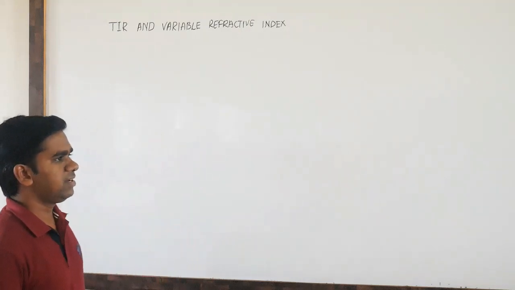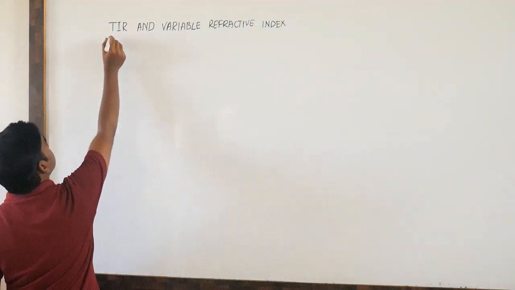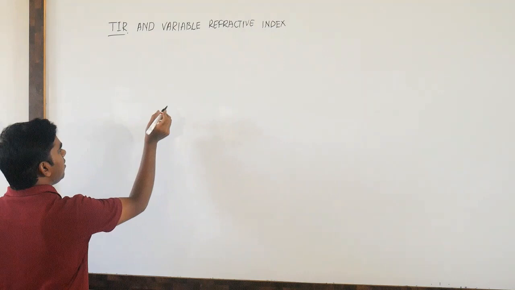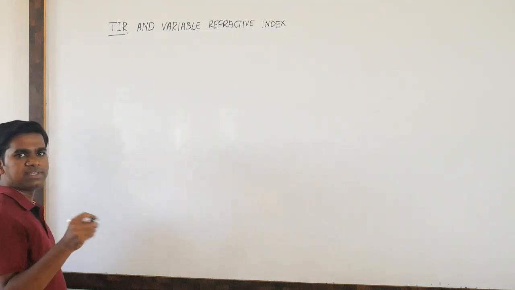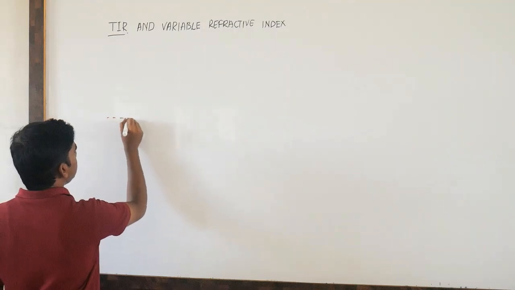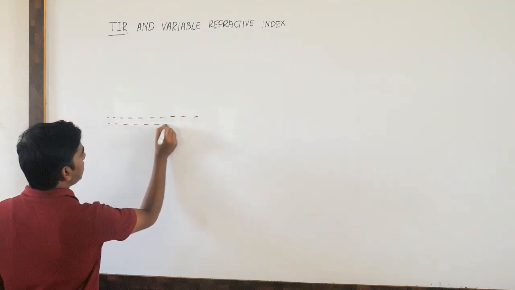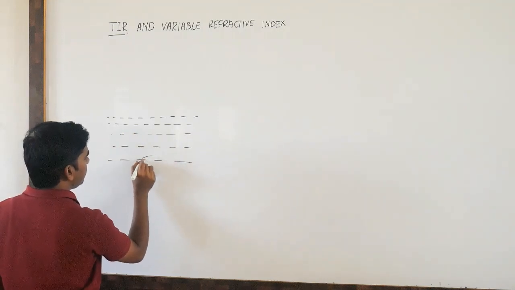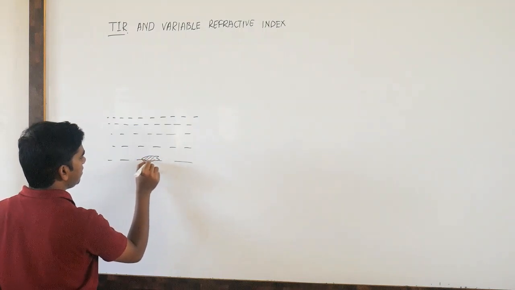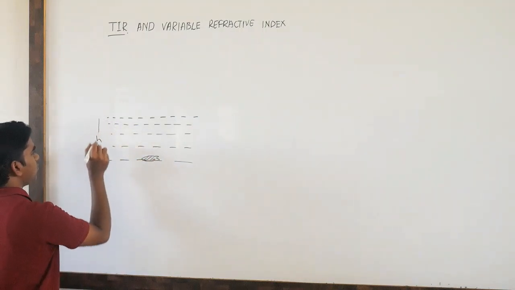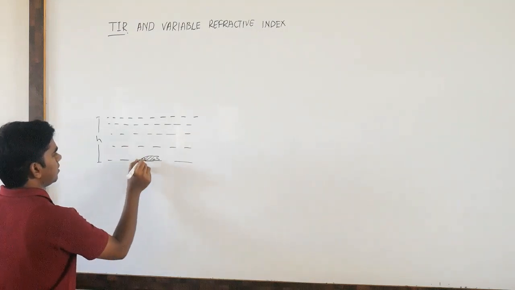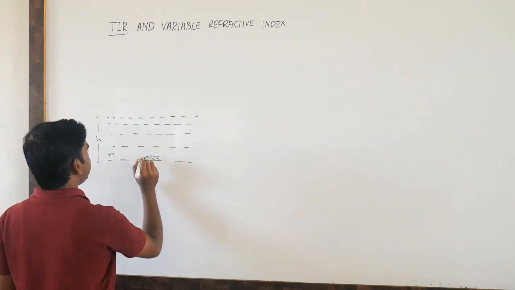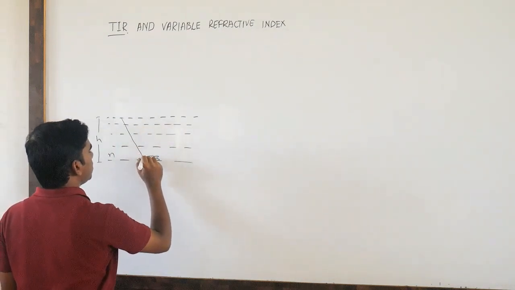Okay. Before that, one more concept on TIR, total internal reflection, that is the area through which the fish will see the outside world. Suppose this is a water pond or something having refractive index, say n. Suppose here is one fish, and say its height is h from the bottom, and the refractive index we can take as n. Now this fish will see the outside world through a circle.